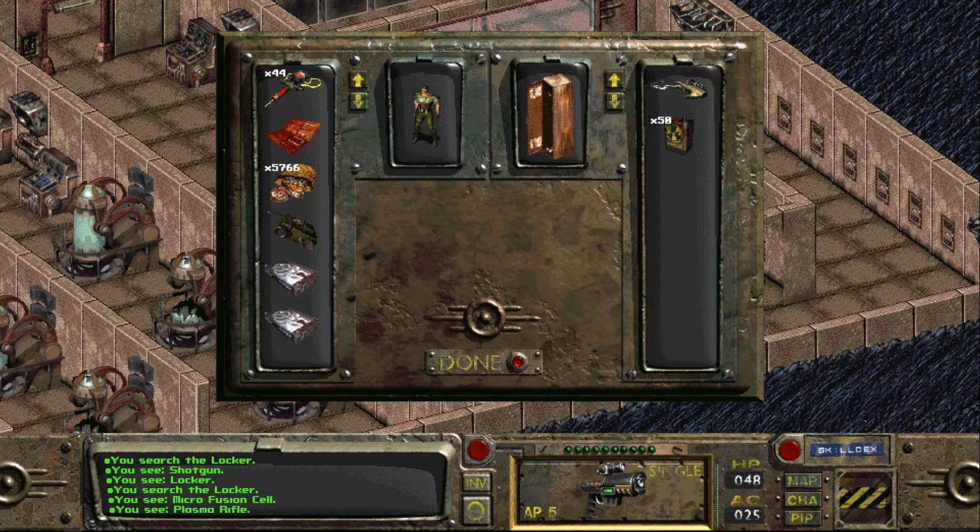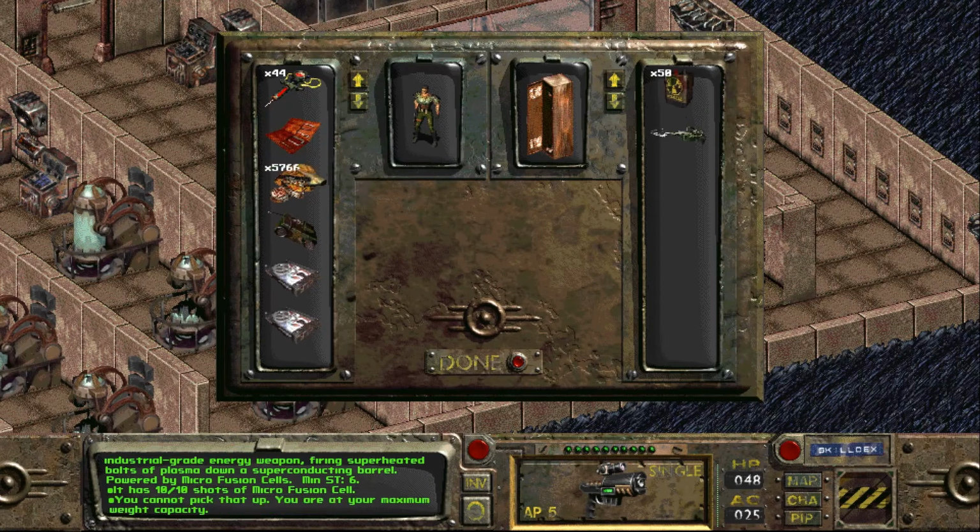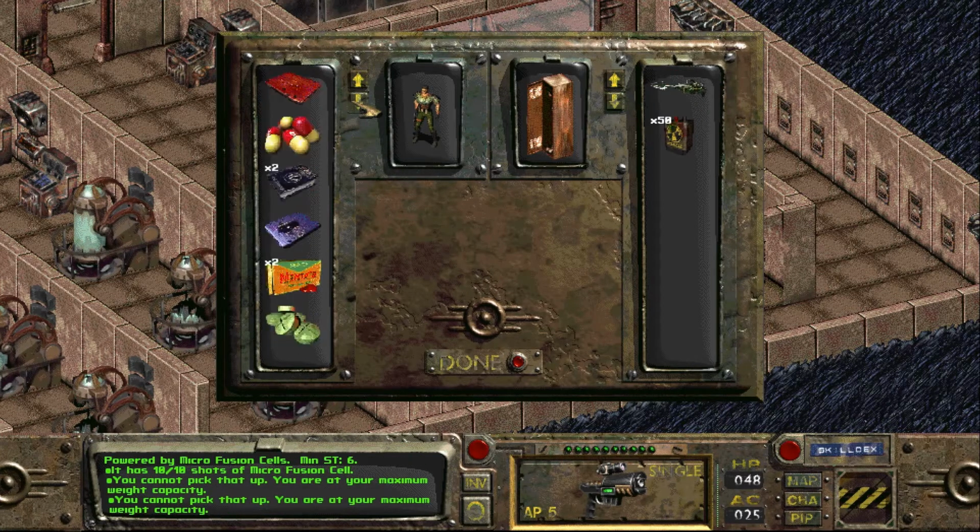So, okay, plasma rifle. How much strength? Strength required 6. Okay, so this is not going to happen. And I cannot pick up the ammo. Overall, that's all pretty annoying, but...